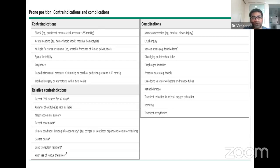Some contraindications are severe shock, where they're unable to maintain without support, acute bleeding, massive hemoptysis or hemorrhagic shock, fractures or trauma patients, and any cervical or spine instability or pregnancy. A modified prone can be used for pregnancy. Other contraindications are patients with raised ICP or CPP less than 60, or with a sternotomy or recent surgeries involving the sternum. The relative contraindications are DVT treated less than 2 days or with thrombolysis, and